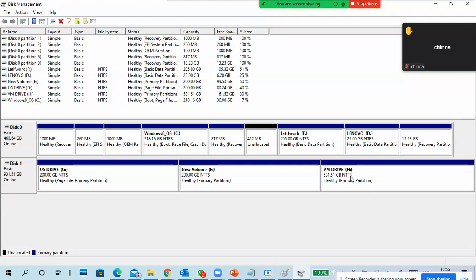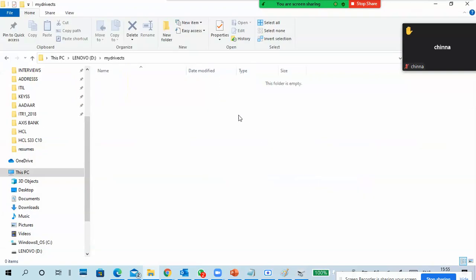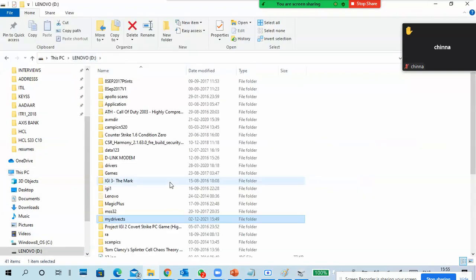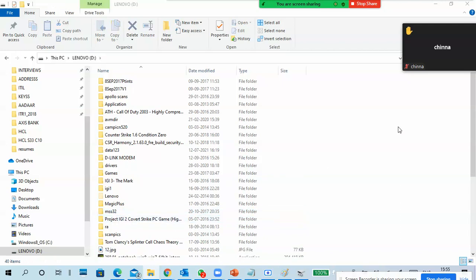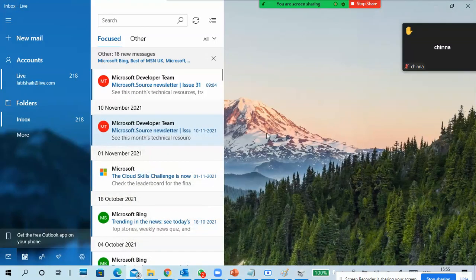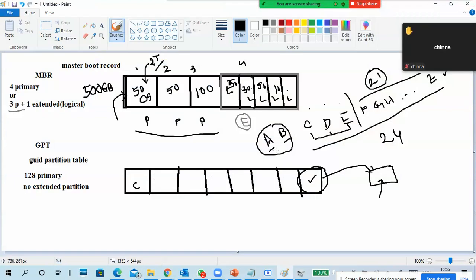You can access the data from the drive whenever you want through that folder or any other folder when you are mounting it. So no need to expose everything on the screen.